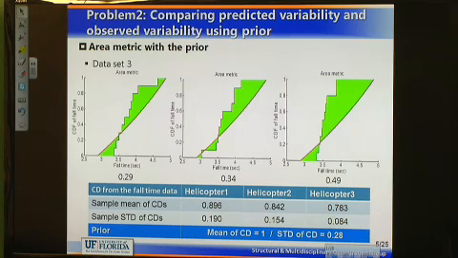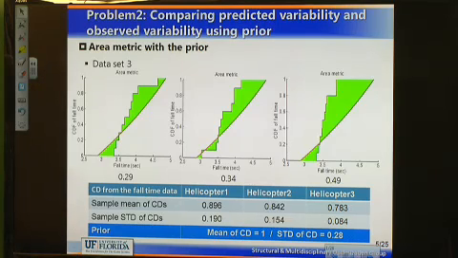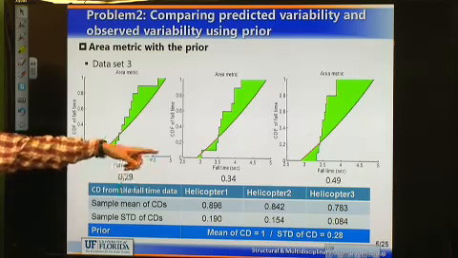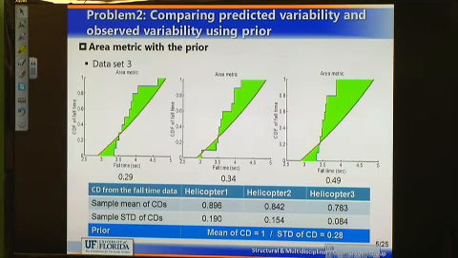So this is the comparison of the distributions, and you can see the area metric difference. It's smaller for helicopter 1, and this is because the mean of helicopter 1, 0.896, is closest to the mean of the prior, which is 1. 0.842 and 0.783 are further away. Also, the standard deviation of helicopter 1 is closer to the standard deviation of the uniform distribution, which is 0.28. And so that's why we get a small area metric,